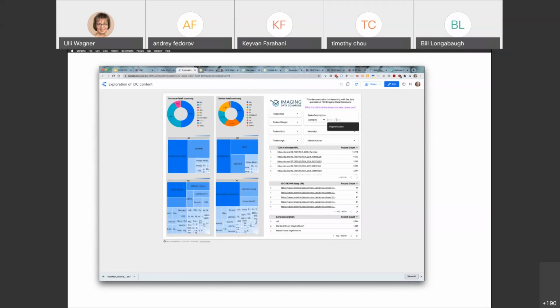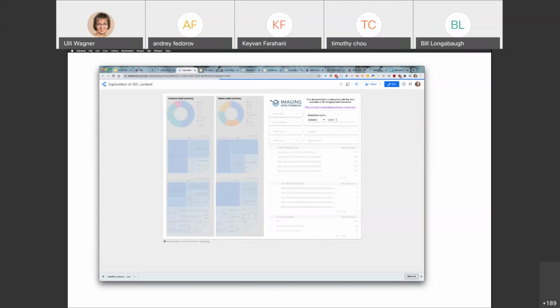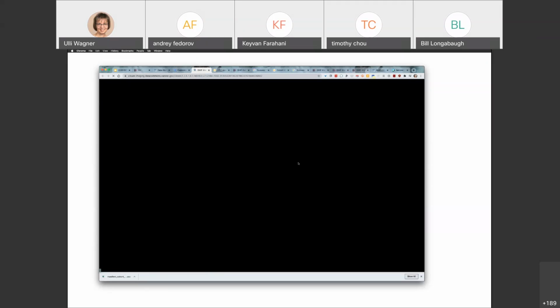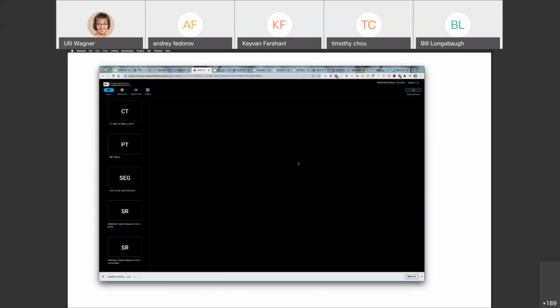So if I search for the word tumor in the series description attribute. Or if you want to search by specific manufacturer or modality. And here again, the dashboard is using the integration with the viewer. So now that I subset the data, I can click on the specific study from this table and open that